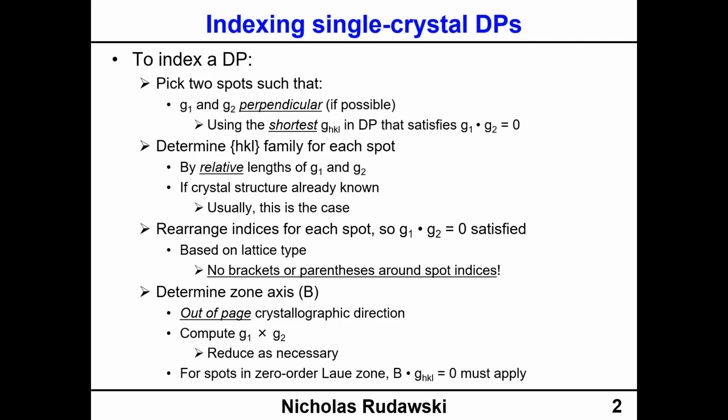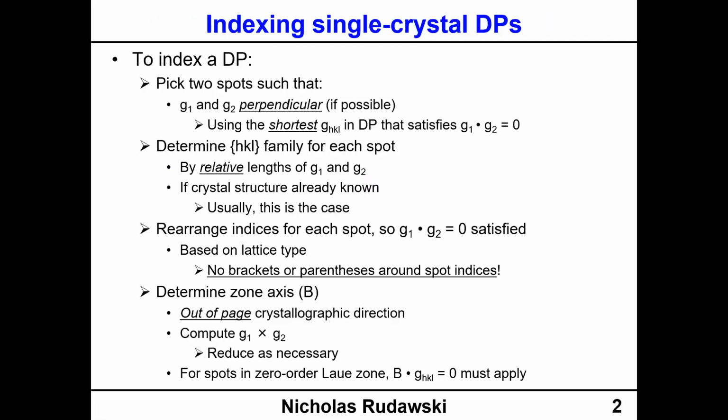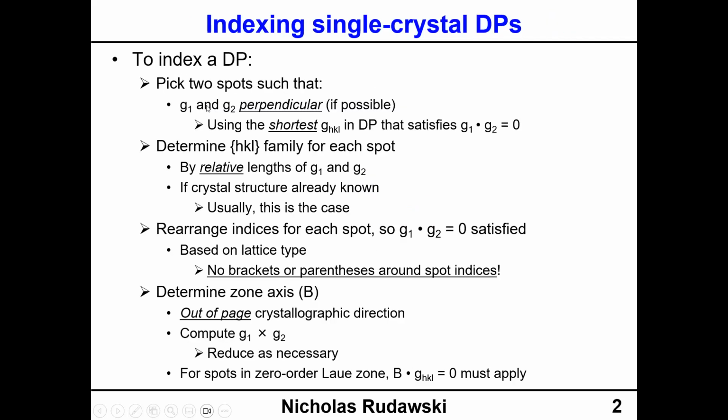So if I go back to the previous slide, you can see I didn't put anything around 000. It's just 000. That is the correct notation for the spots in a diffraction pattern. For the zone axis, you do want to put brackets around this, so specific brackets. And then after we determine the spots,